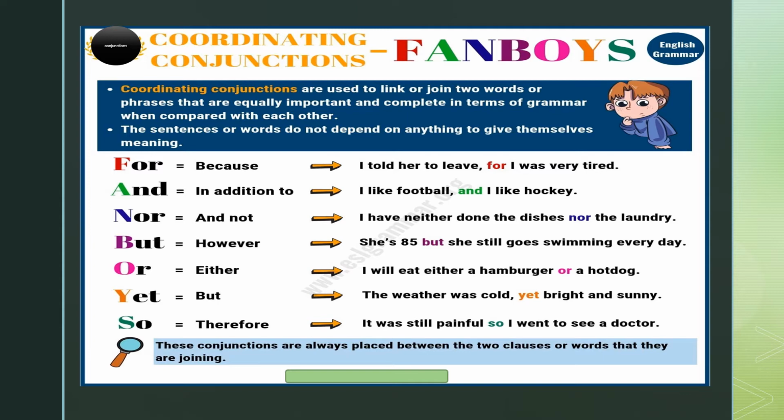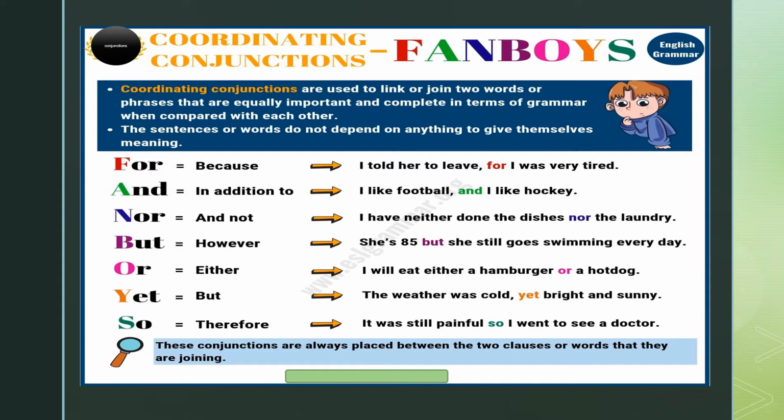Conjunctions are just like a glue. We use the glue to stick two things together. In the same way, we use conjunctions to stick two or more things together, especially words, phrases, sentences, and of course, clauses. Let us see the example. I told her to leave for I was tired. If I want to speak these sentences independently, I told her to leave, I was tired. We will see that both the sentences exist independently of each other. The connection made by for is actually joining two equal sentences.